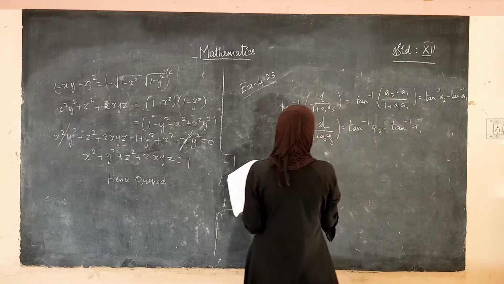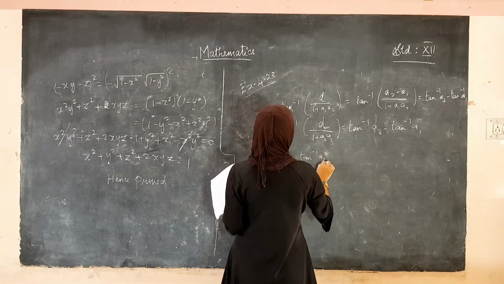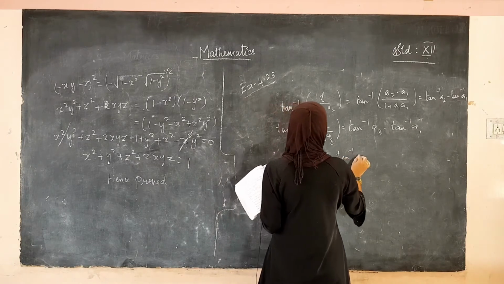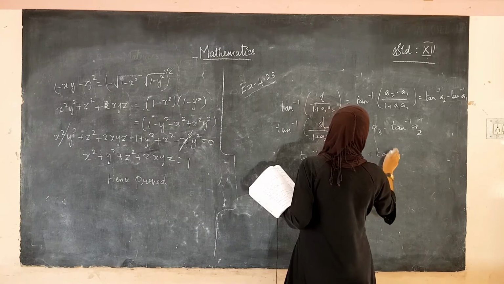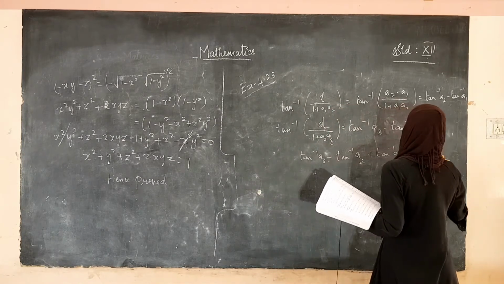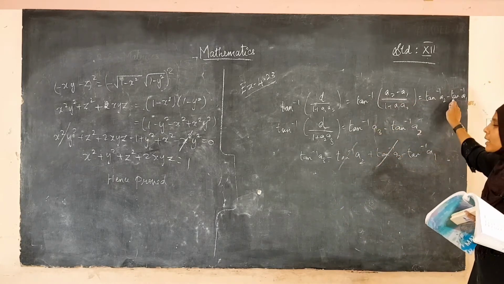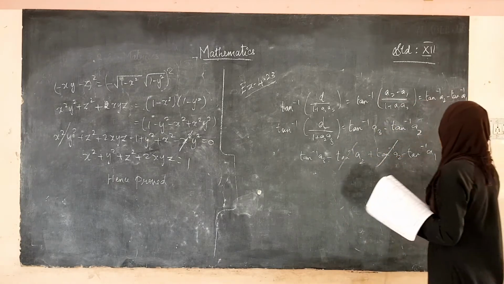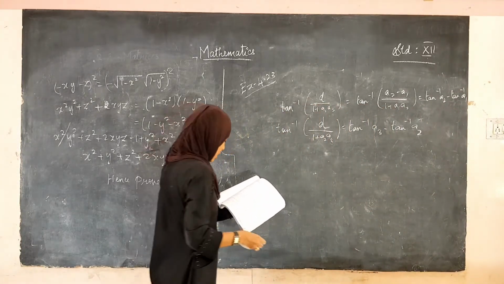When we add these two terms alone, what happens? Tan inverse of a3 minus tan inverse of a2 plus tan inverse of a2 minus tan inverse of a1. So this term and this term get cancelled. The remaining term will be tan inverse of a3 minus tan inverse of a1. Similarly, we are going to find for all the terms that have been given in your books.